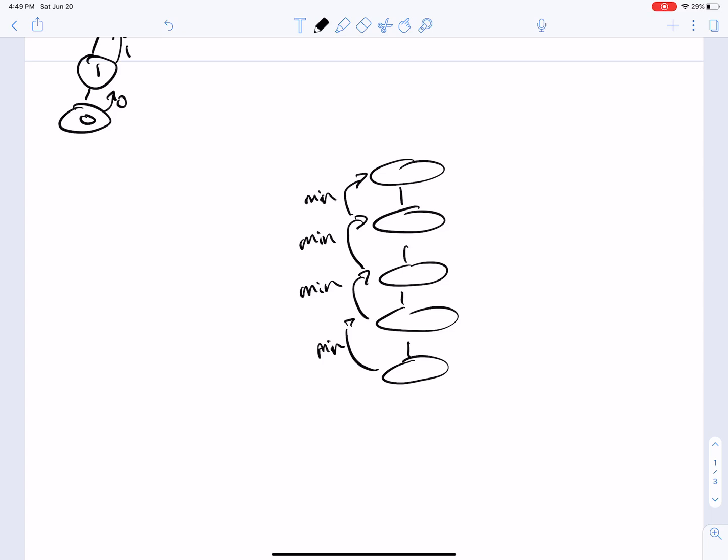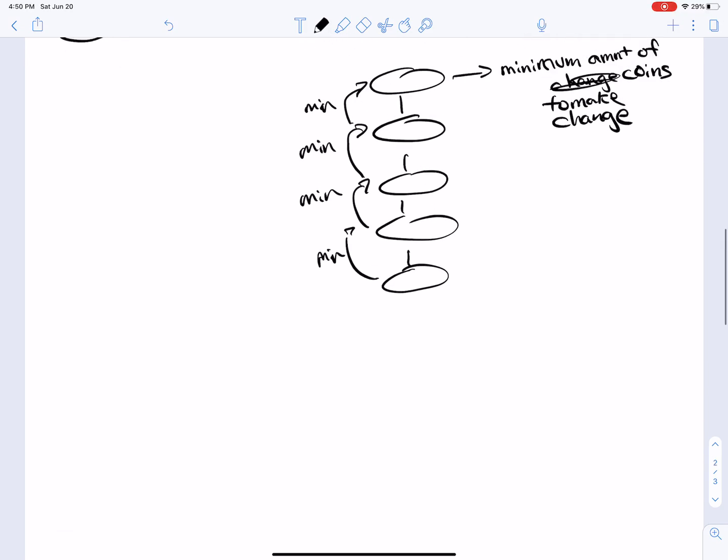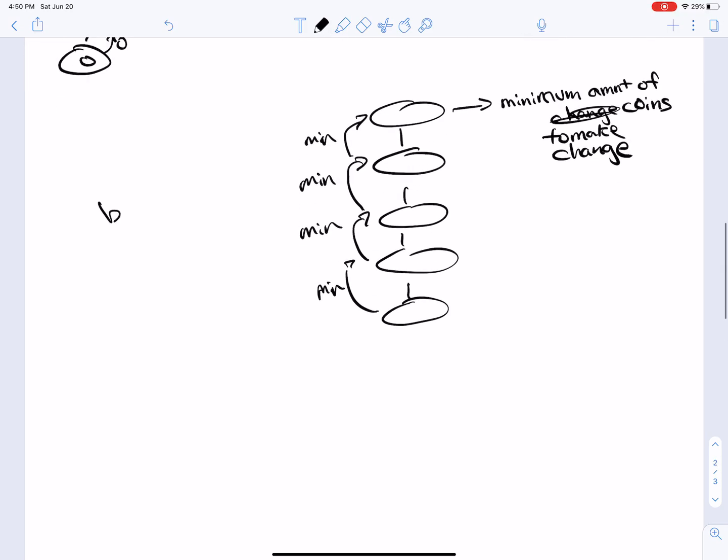So by that logic, once we reach the end of the recursion, this will be the minimum amount of change, the minimum number of coins to make change. Cool. So that is the brute force